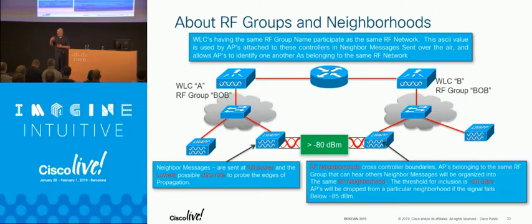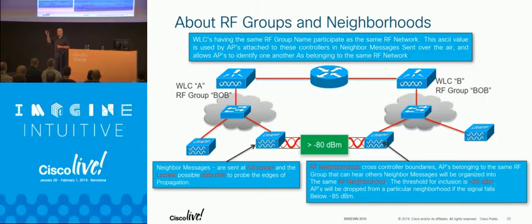RF grouping, if over-the-air messages are being heard at -75 or above, we include you as a neighbor. If it drops below -75, then you are not my neighbor. And we've got about a 5 dB hysteresis in there. So you got to drop down below -75 by 5 dB, then we'll drop you, and then we'll allow you back in if you come up above that. So neighbors on the edge, and this shows how dated this is. We're actually looking at updating that quite a bit. But -75 for an edge of a network, you guys are probably designing to what, -65 at a minimum?